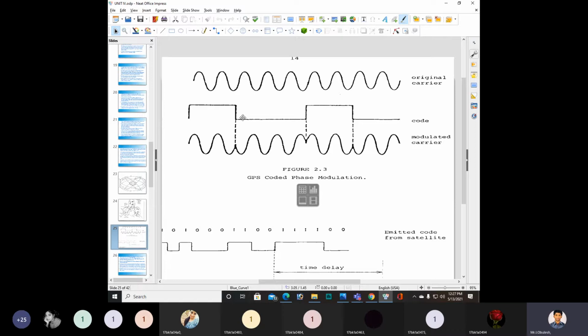This is the code we are going to send. Once it reaches 0, the phase is shifted by 180 degrees. Once the 0 ends, again the phase will be shifted. This is called a code sequence.